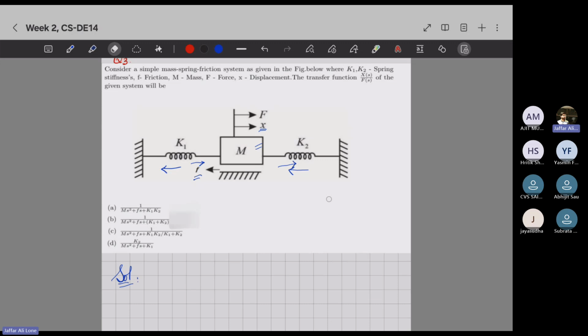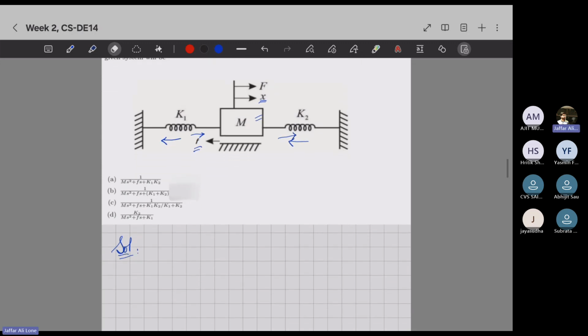So just apply force balance here and tell me the answer. I'll just simplify it for you. So I'm applying force F, and that force will be equal to force on mass, that's m d2x by dt squared,